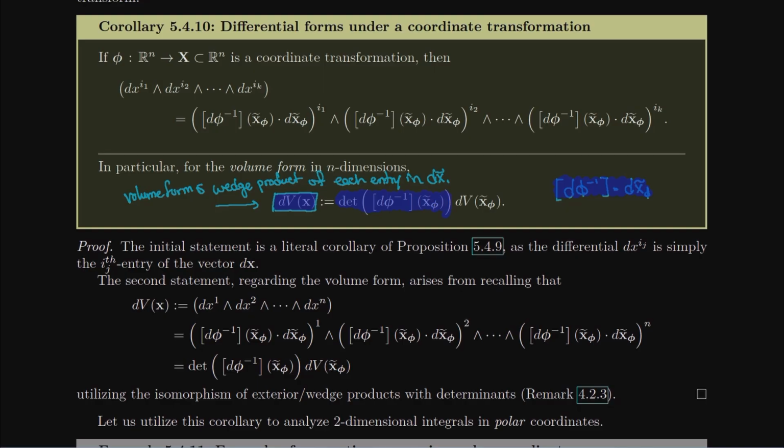Remember, there's this isomorphism between determinants and wedge products of vectors because they both represent the volume of parallelepipeds, or however many dimensions we're in. There's that isomorphism between determinants of matrices and wedge products. And so you find out that when you transform a volume form, the price we have to pay is the determinant of the differential of the inverse transform. And that's what this corollary is saying, and it's probably the most important thing you can take out from today. So I'm just going to write that down. Most important takeaway from today